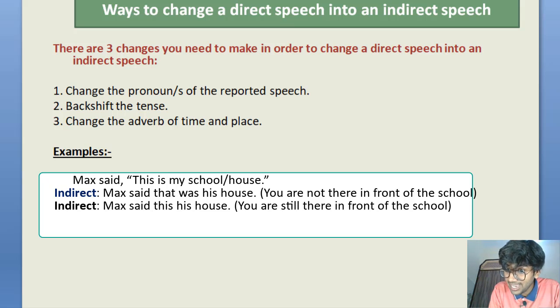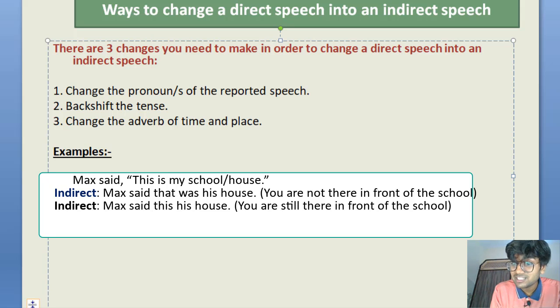Now you are not there in front of the house and you're narrating the incident, you're narrating the message after some time. But let's suppose you're right there in front of the house at the time when the message got received. Just after some time the message got received, you're narrating it to somebody else. You would say, Max said that this is my house, right? This will remain this because you're right there, okay? And is also will not change, is also remains is. This is my house because you're right there, you're narrating the message right after you are receiving it.